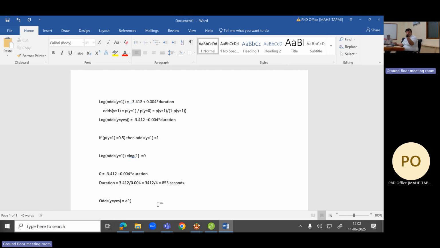So e to the power of minus 3.412, but because it's a plus, exponential, it will become multiplication. So I'll multiply it by e to the power of